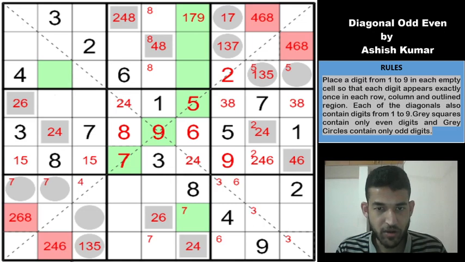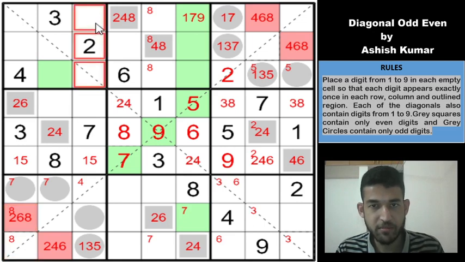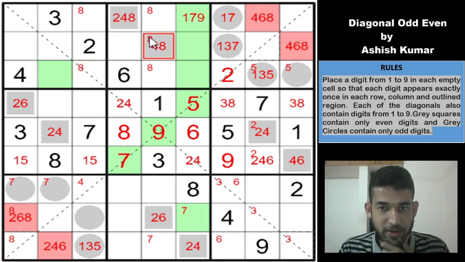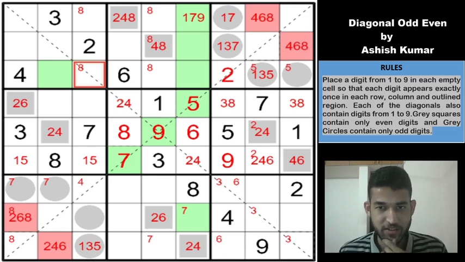Okay, so if you look at box 7, 8 can go only into one of these 2 cells, right? There are only 2 options left for the 8 in box 7, because it can't go anywhere because of this 8 and this 8. So 8 must go into one of these cells, which means that 8 must go into one of these cells. Too bad, if there wasn't an 8 here, we could have deduced that 8 in row 2 was in box 3 only.